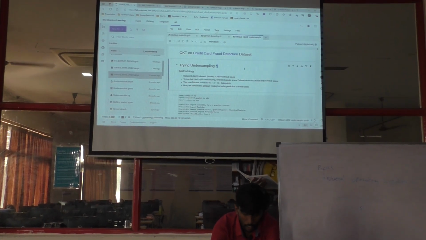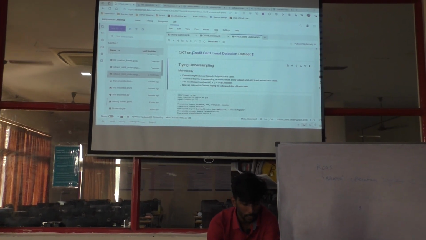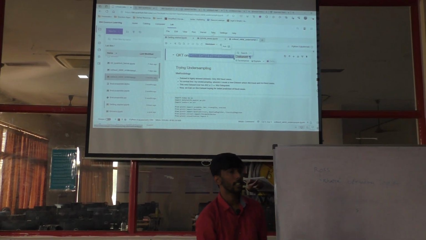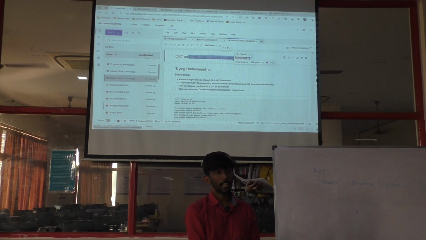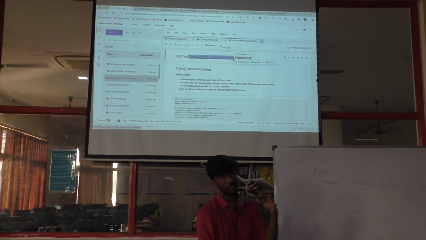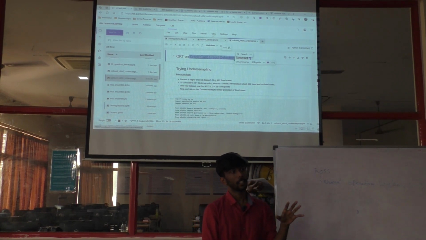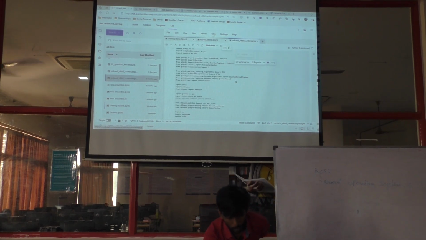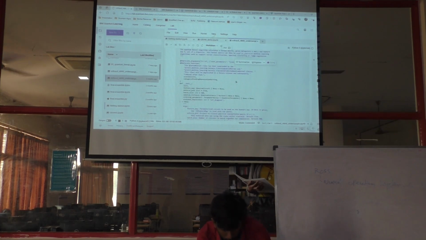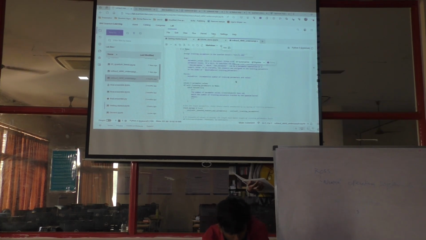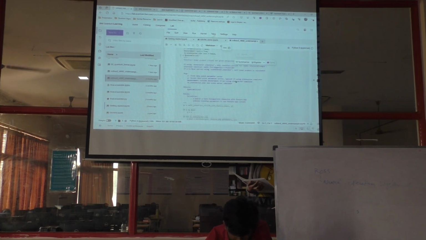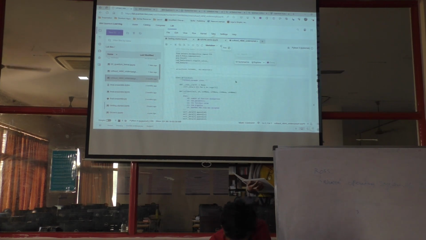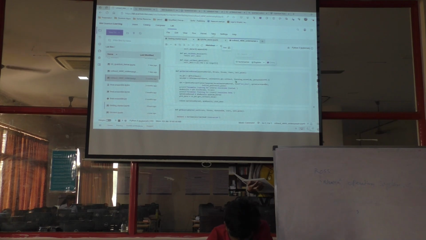This is on the credit card fraud detection dataset. It has 20 features, and all the features are actually PCA transformed, so we don't know what the features are, but it has 20 features. And what essentially you can do, all these are actually QML code that we wrote by hand to improve Qiskit itself.